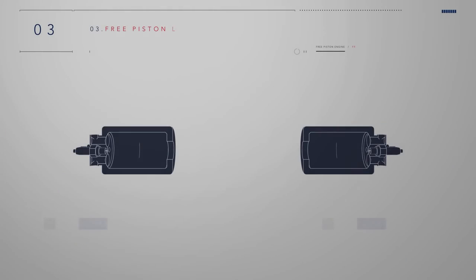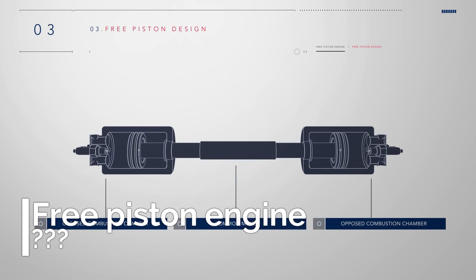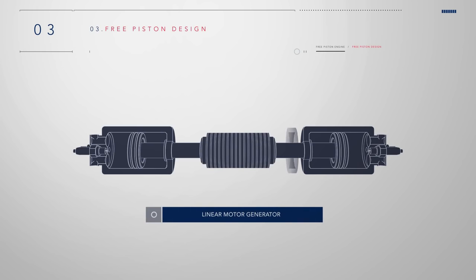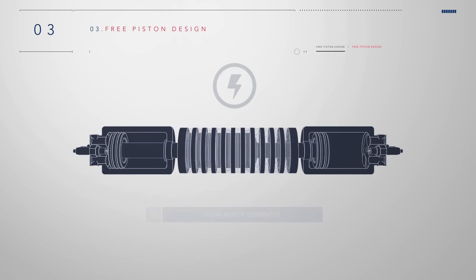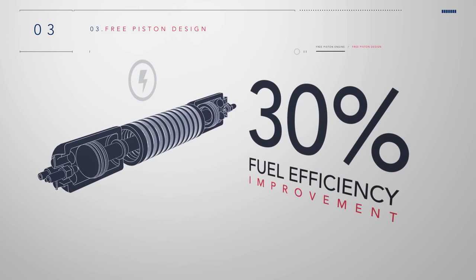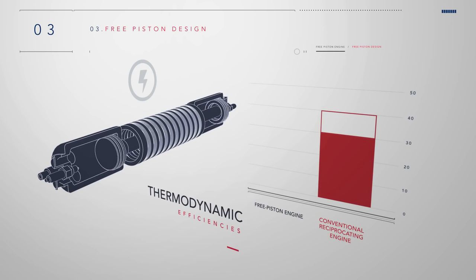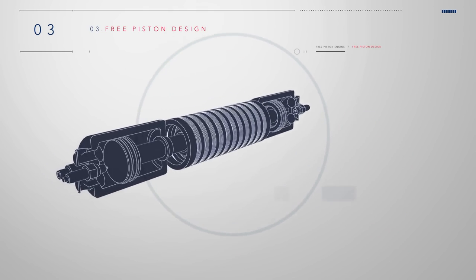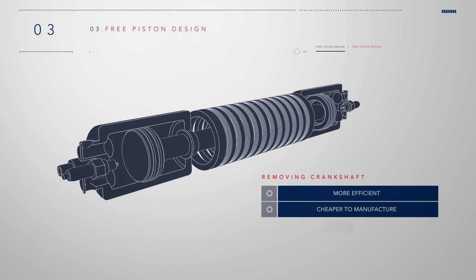The layout of a free piston engine combines 2 opposed combustion chambers and a common mover with a piston located on either end. A linear motor generator is integrated with the mover. Used as a motor, it helps start the engine and its movement directly generates electrical power. A free piston design is over 30% more efficient than conventional rotary engines, with proven thermodynamic efficiencies of between 40 and 50%. By removing the crankshaft and crankcase, a free piston engine is more efficient, cheaper to manufacture, compact, and